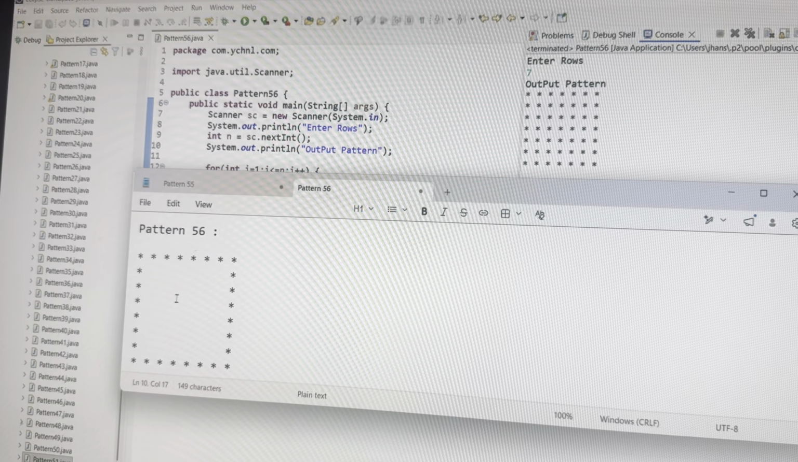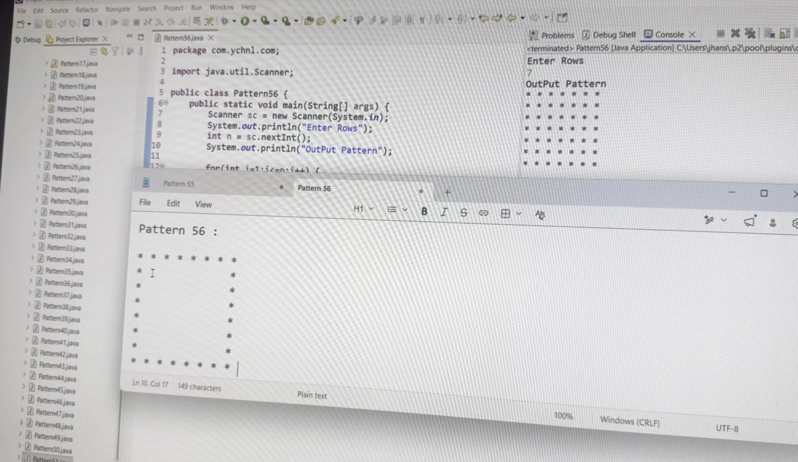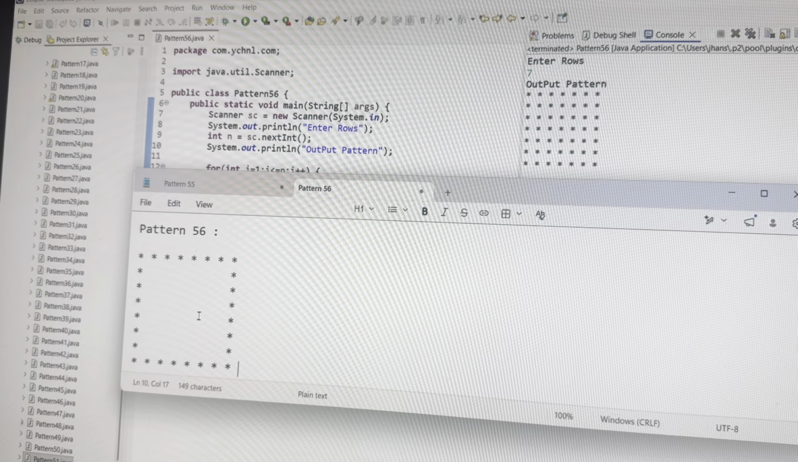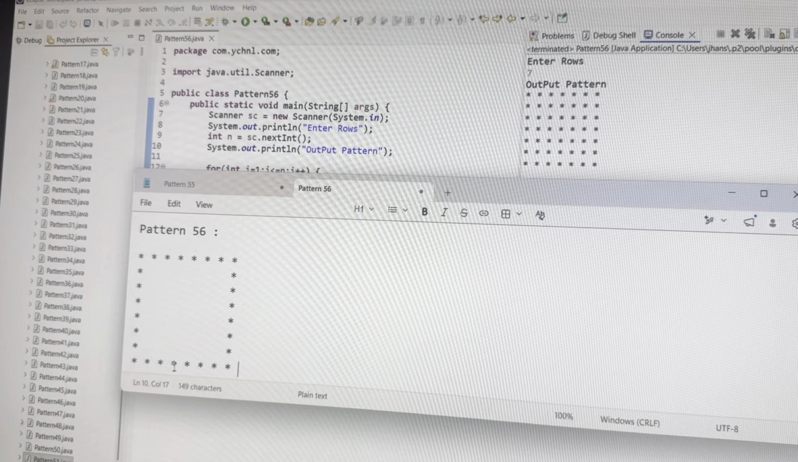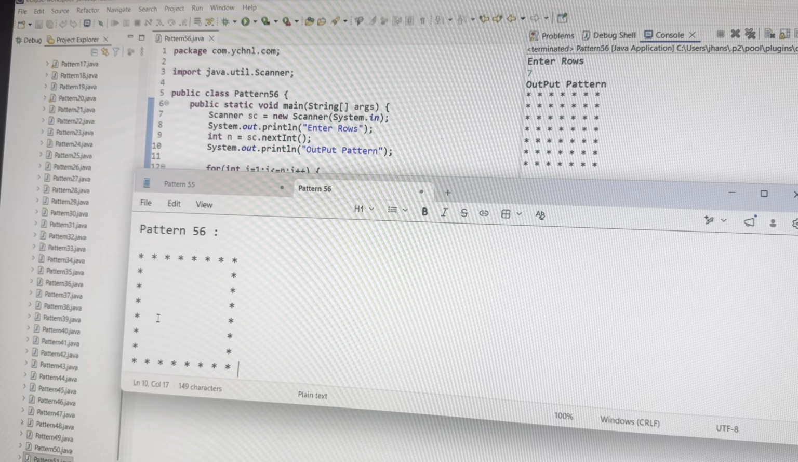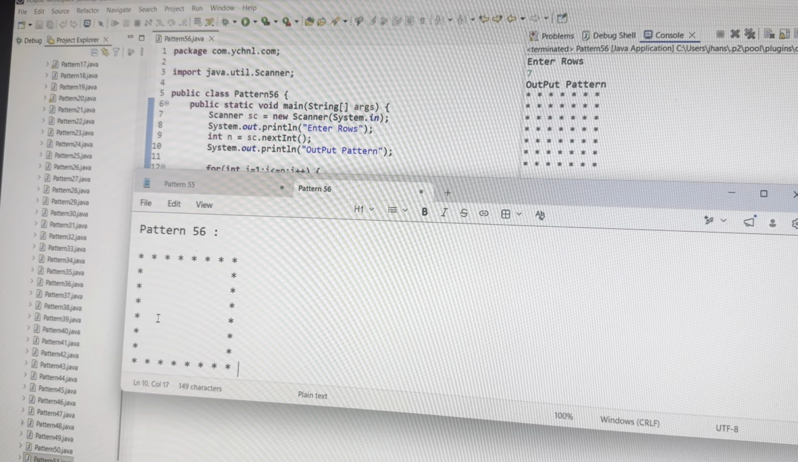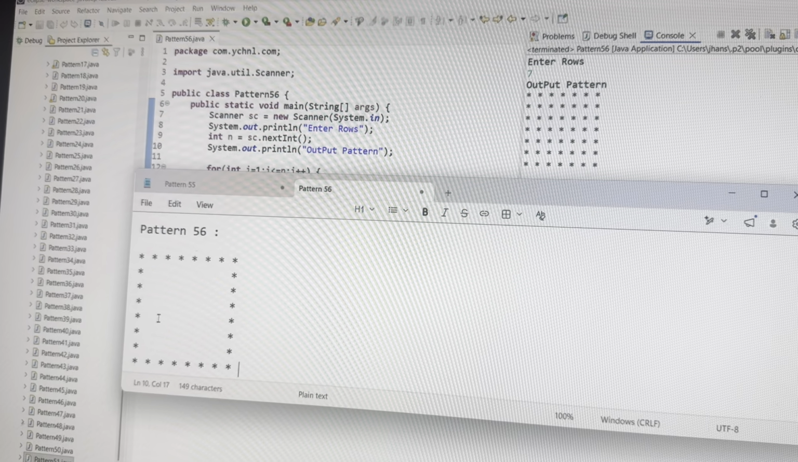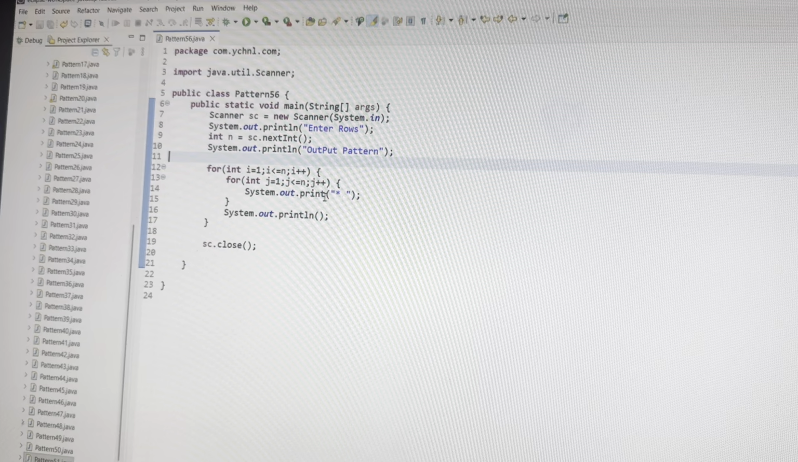We got the output pattern, but there should not be any stars in the middle. It should be empty, filled with spaces in the middle, and in the first row, last row, left edge and right edge, only stars should be present. Remaining all should be replaced by spaces, right? So for that, what we have to do is,